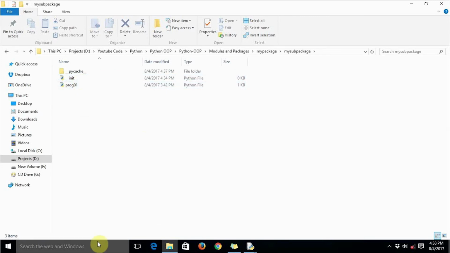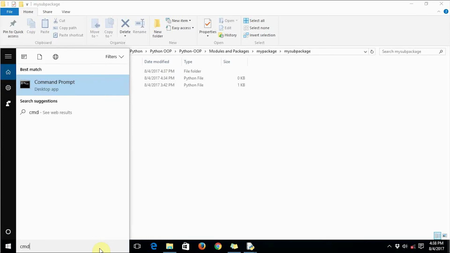If you want to see it on the command prompt, there is a nice command for it.